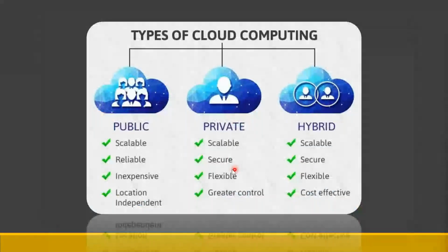We have already seen that it is scalable. So all these three types of cloud computing are scalable. If you see here, compared to the public, private and hybrid are more secure because public is available to everyone. So compared to that, the private and hybrid networks are more secure. This is easily understandable, right? And when it comes to the cost side, public networks are inexpensive. We can just connect to them and use them for our purpose.